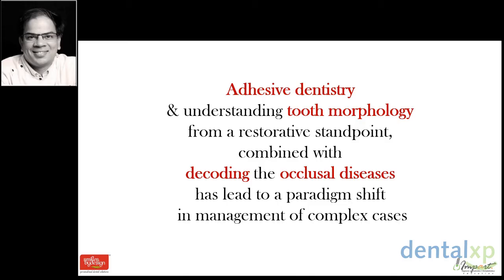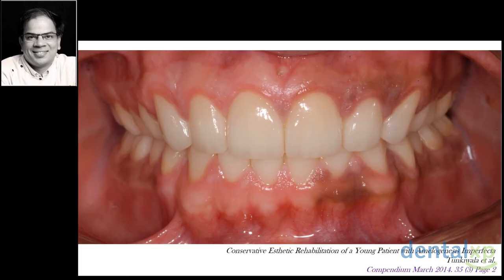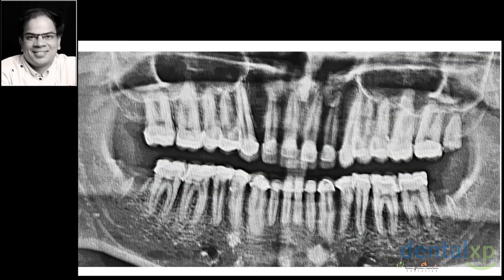So our goal is not to cut the tooth too much and to do adhesive protocols wherever possible, so that we can take maximum advantage of saving the tooth structure and managing these complex cases. So our goal is, from a condition like this where they have a developmental disorder like amelogenesis imperfecta, to get, at the end of this treatment plan, the entire restoration of the aesthetics and occlusion done, and when this treatment is done at the end, there are no root canals done for any of the teeth, intentionally.